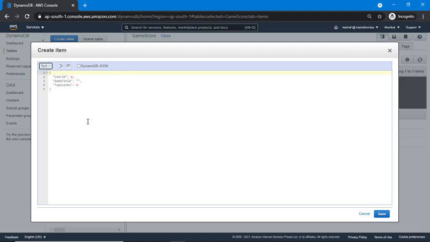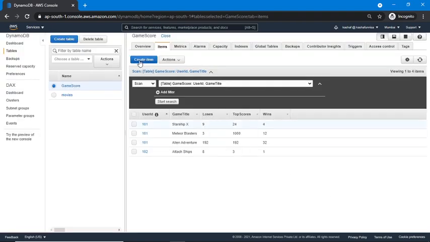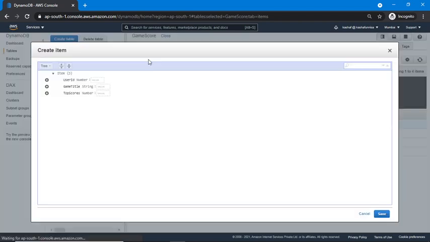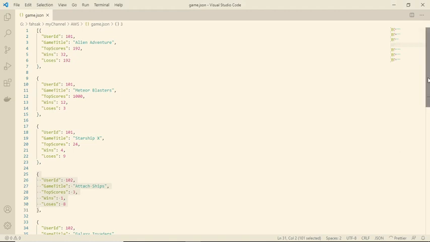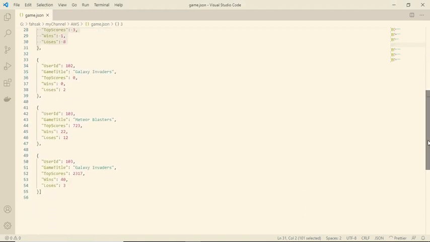So to save the typing time, I just created one JSON file, and I want to add a few records to my table. All these records will automatically reflect in both my indexes as well.